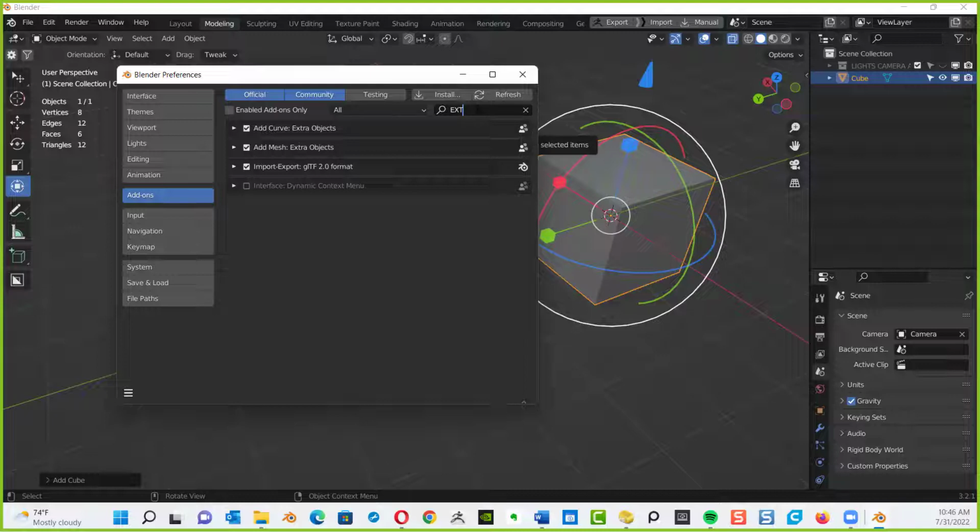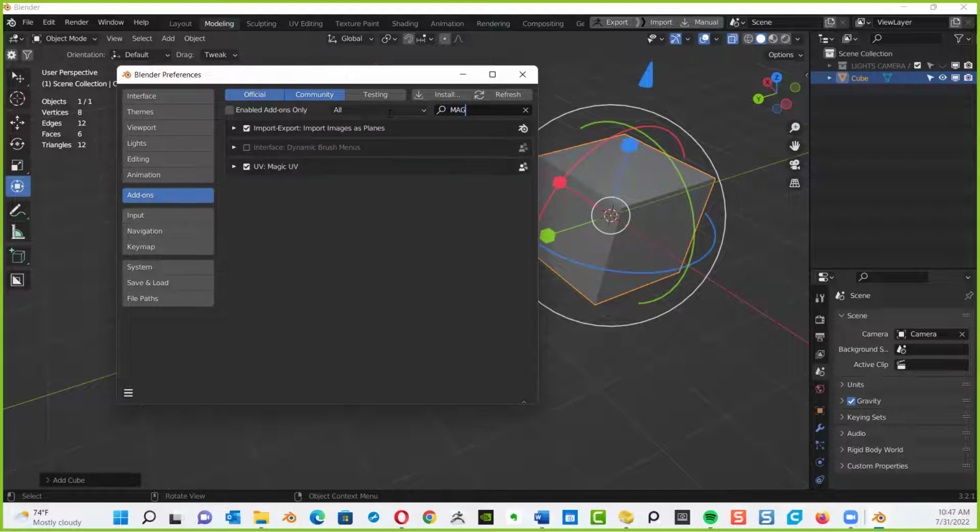All right, cool. Next thing I want you guys to have is the loop tool. So type in LOO, and loop tools should come up. Hold on a second. Someone is calling. All right, the next one I want you to have selected is Magic UV.